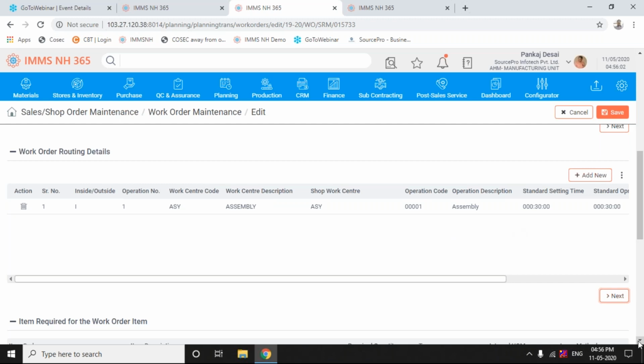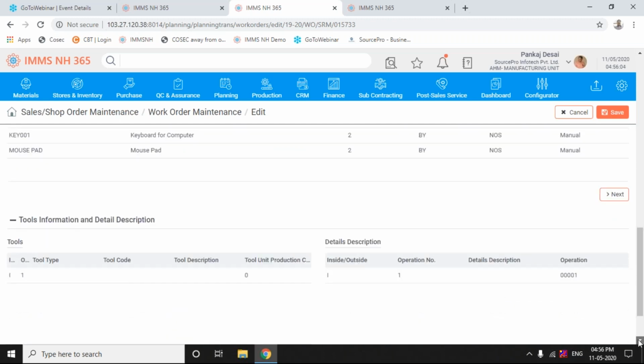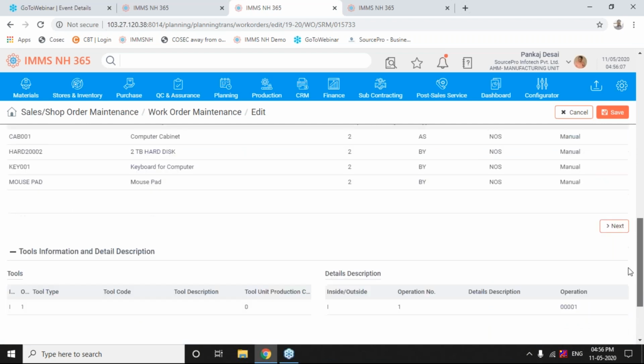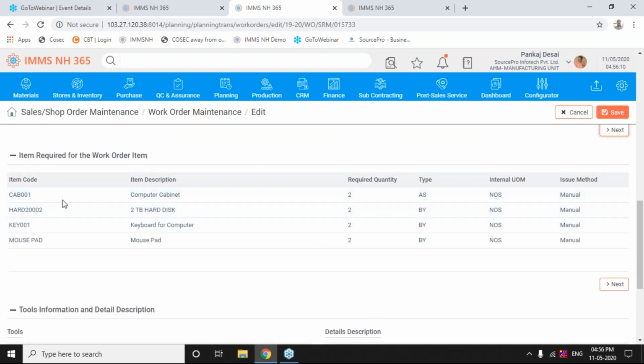Scroll down. As you can see, items required, I am moving the cursor here, items required for the work order item. So ये यहाँ पे आ गया कि मुझे कंप्यूटर बनाने के लिए एक कैबिनेट चाहिए, 2 का वर्क ऑर्डर है तो it is multiplied by 2. टेराबिट्स की हार्ड डिस्क 2 चाहिए, ये असेंबली टाइप की आइटम है, ये बॉट आउट है। कीबोर्ड्स 2 चाहिए, ये बॉट आउट है। माउस पैड 2 चाहिए, ये बॉट आउट है। ये जो बिल ऑफ मटेरियल में जिस तरह डिफाइन किया है सैंपल का, ये आपको रिक्वायर्ड आइटम्स ये कंटेनर में आ गया।